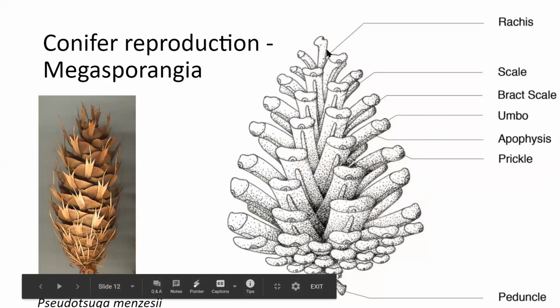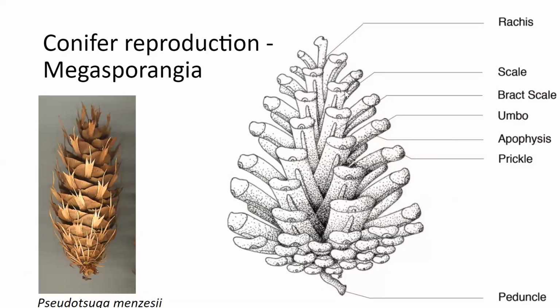And so we have this central stem, and again, we can call this the rachis for simplicity. And then each of these woody structures is the cone scale, which is flat in Pinus. You can see the bract scales underneath those, and in some species, they're really well developed and very prominent. This picture of Pseudotsuga menziesii, those bracts actually extend out beyond the cone